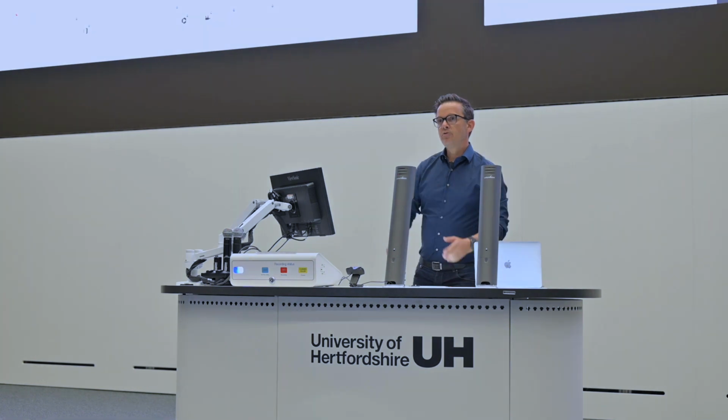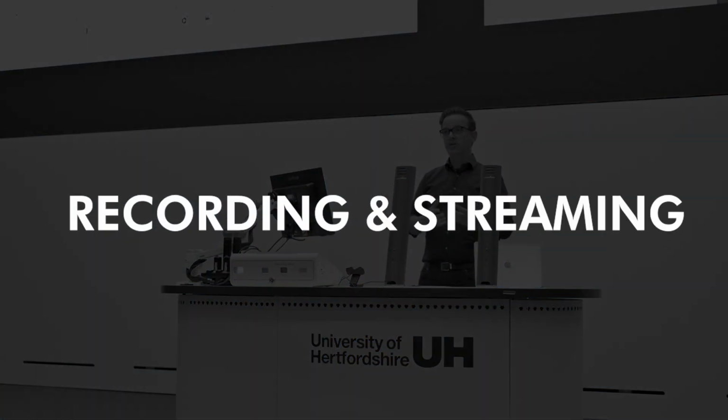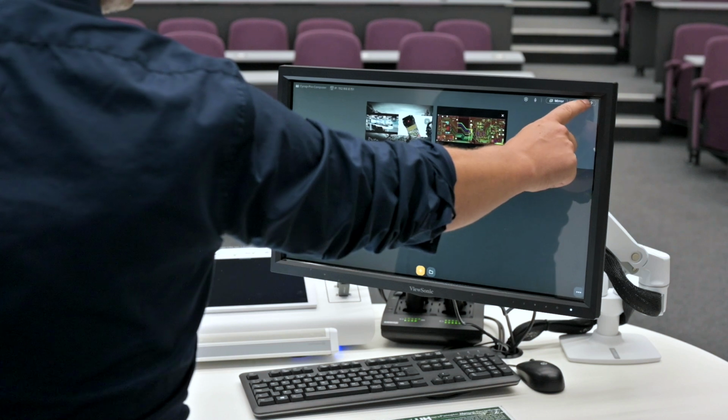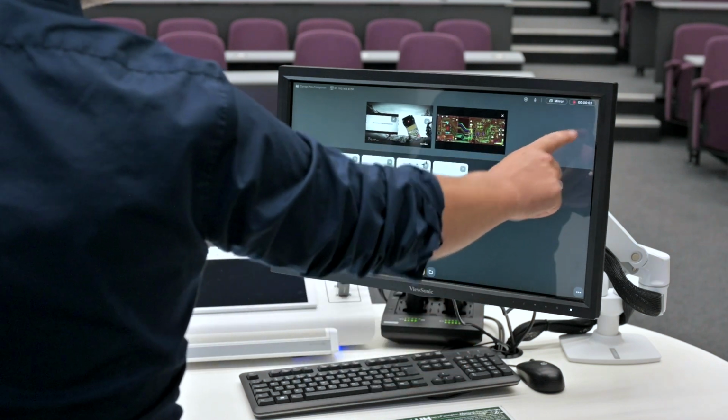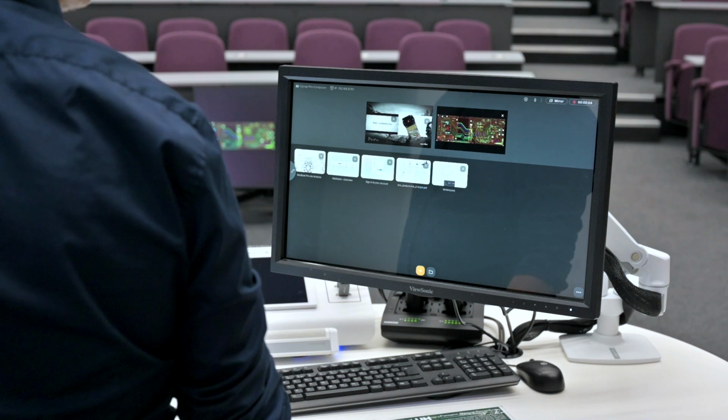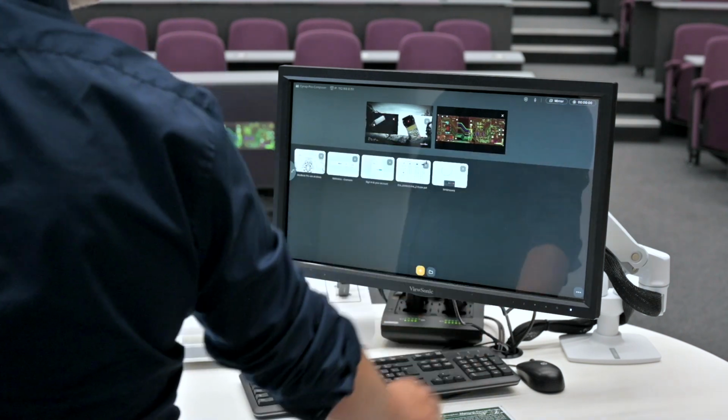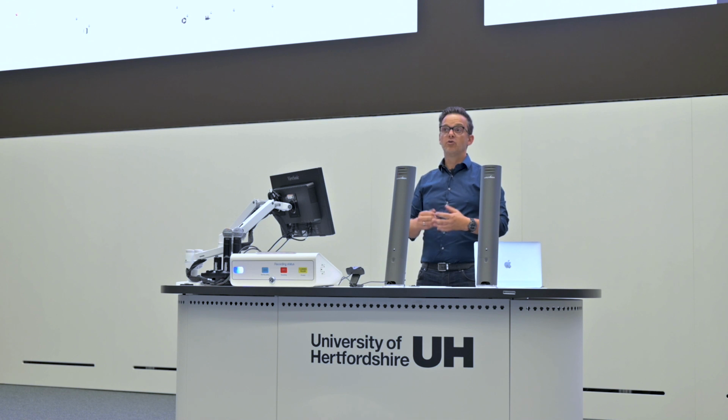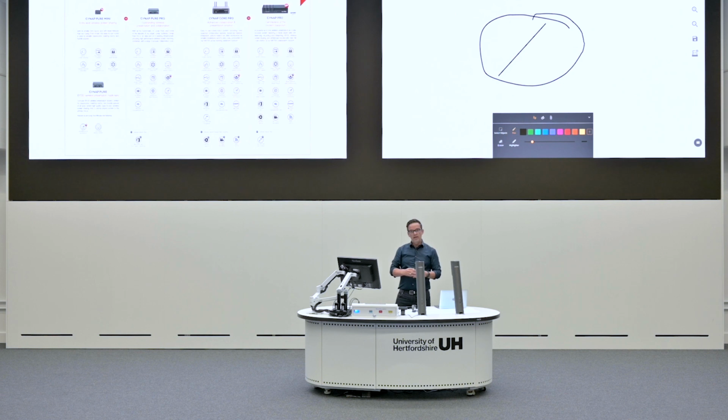It's also possible to use recording and streaming with vSolution Composer. To start the recording, it's just a hit on the button at the right top corner, and now three recordings will be stored: to the network drive, to the local drive, but also it is possible to directly upload it to Panopto. At the same time, we can also stream into the internet using a webcast stream, but also a network stream into the network of the university to show it in a different building, in a different room, or even to the tablets, for example, of the students.